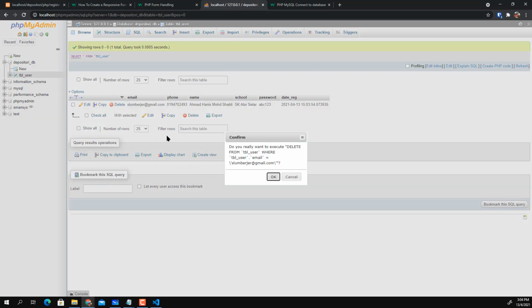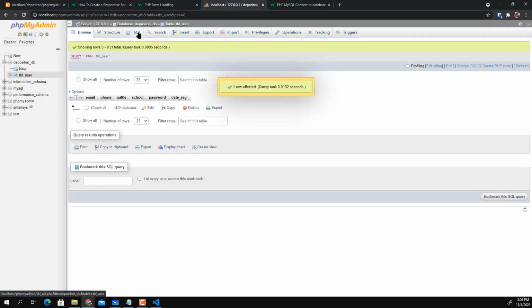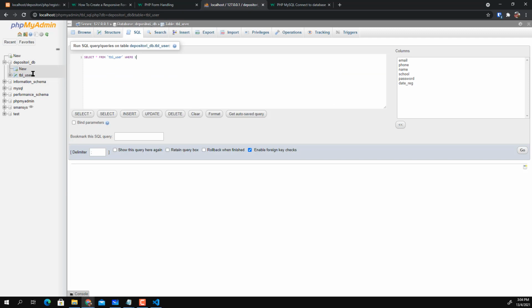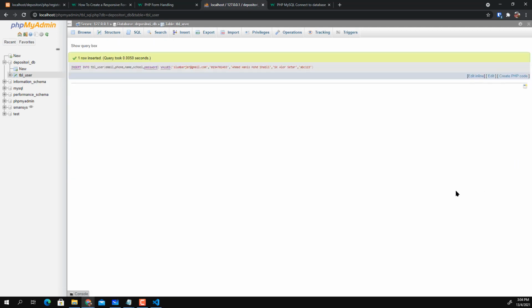I'm going to delete this one more time. You need to go to this SQL tab here and enter that statement, this one. All right, so this SQL terminal here. So all you need to do now is just press this go, and you should be able to see if there's any error. There's no error at all here, which means that